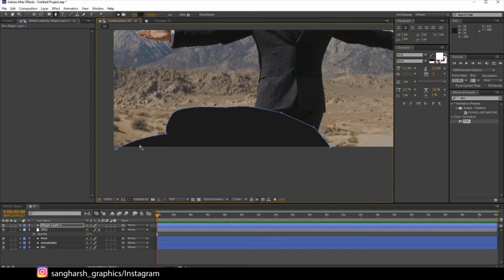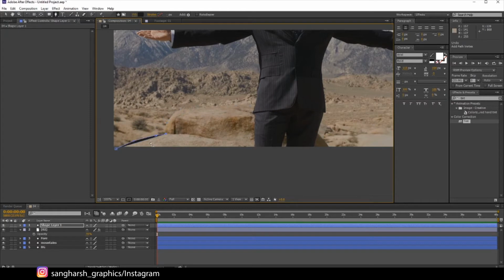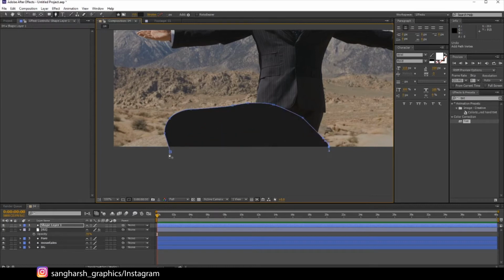We can just do it now. You can always change the positions of the anchor points, but I am directly making two different rocks like this. It will give a little bit more depth.